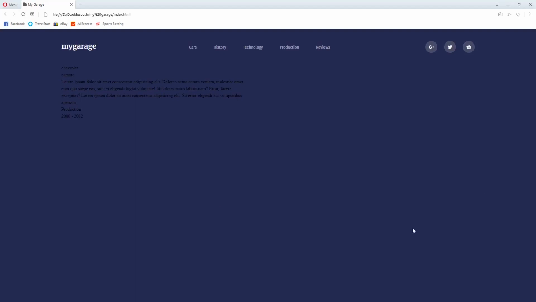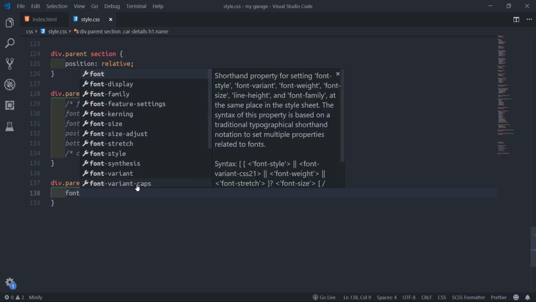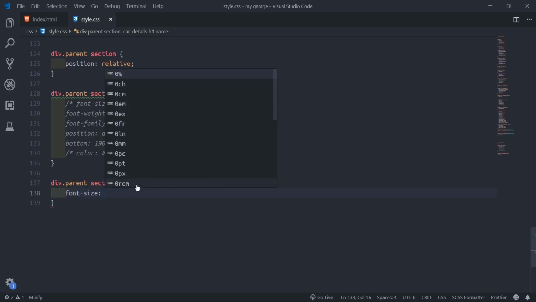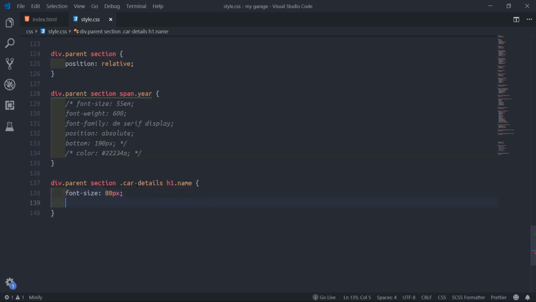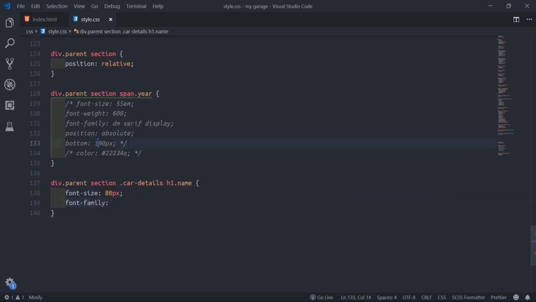So what I'll do, I'll go to my CSS, then I'll first target the name now. So section car details, each one name. I'll come here, I'll say maybe the font size of each one, maybe like 80 pixel. Then font family, the family again I want to use is DM Serif Display.